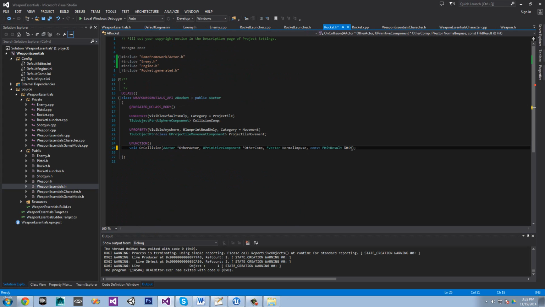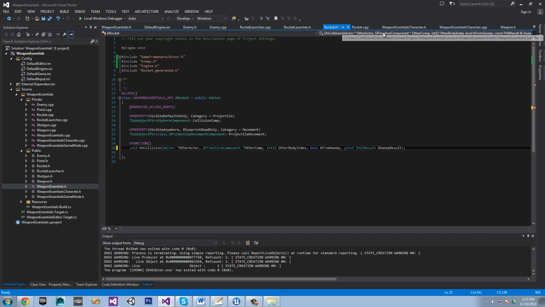We'll set OtherComp. Spell int32, right? int32 OtherBodyIndex. I'm going to say bool bFromSweep, and then const FHitResult reference SweepResult,